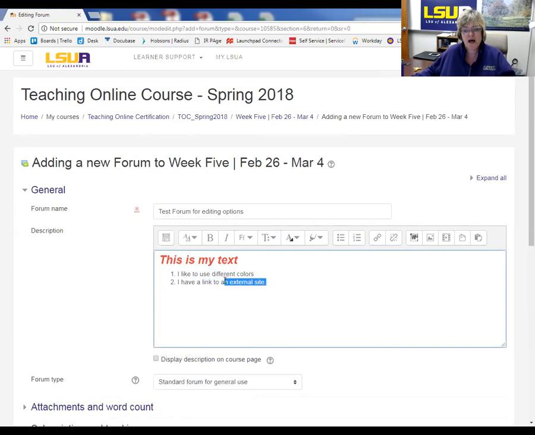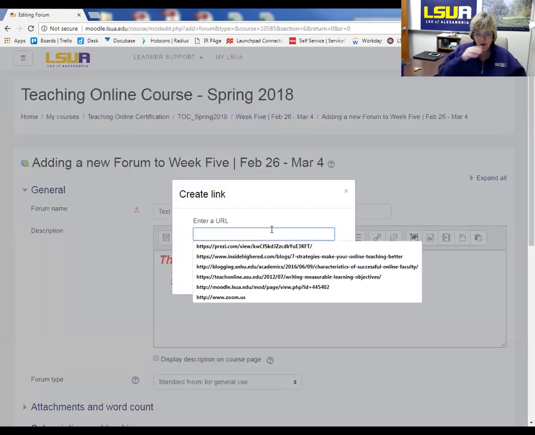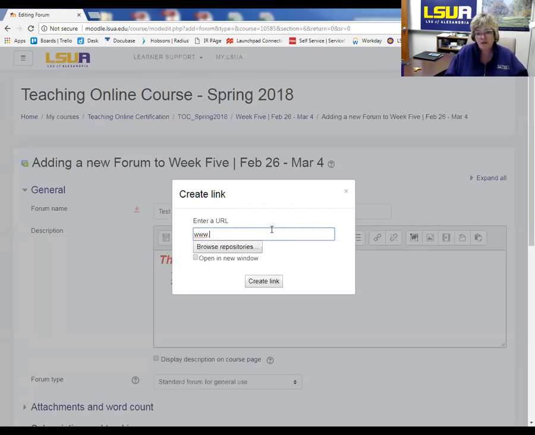So if I want to highlight external sites, one of the things that came up is, how do I link to an external document? Well, linking is, this is the common icon used to set a link. It's a chain. It's a link of a chain. You're going to link that text to an external website. So I'm just going to click it. And for now, I just want to say I'm going to link it, and we're getting weather warning. I'm going to link it to the main LSUA webpage. Actually, you do need to put the whole